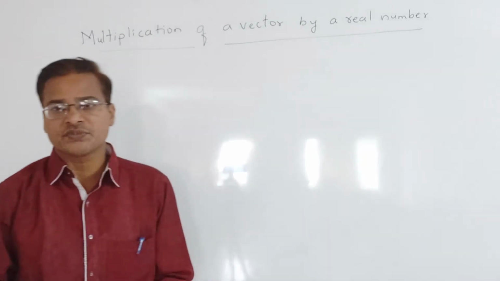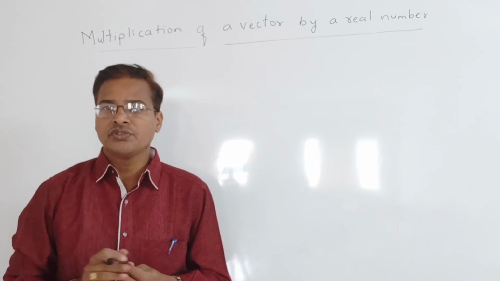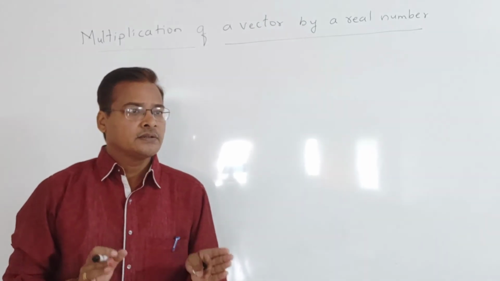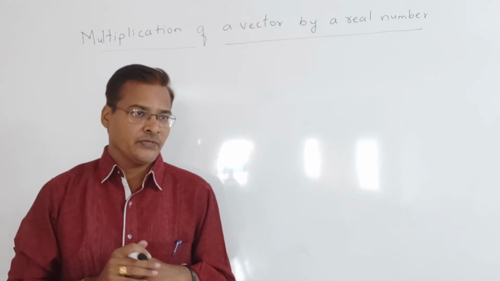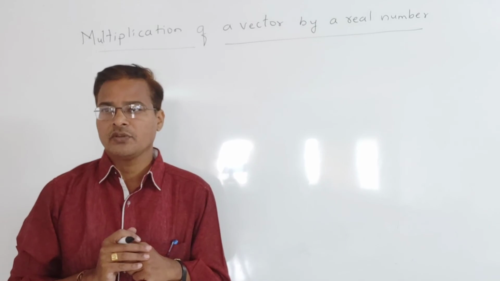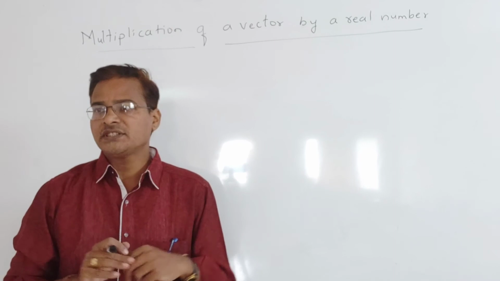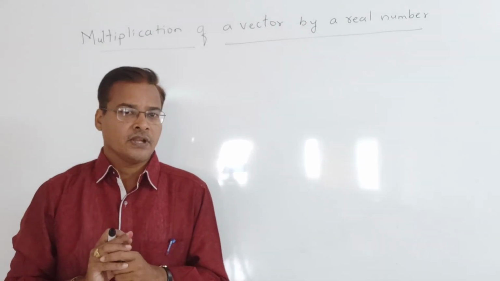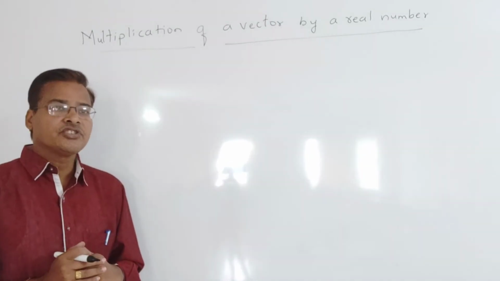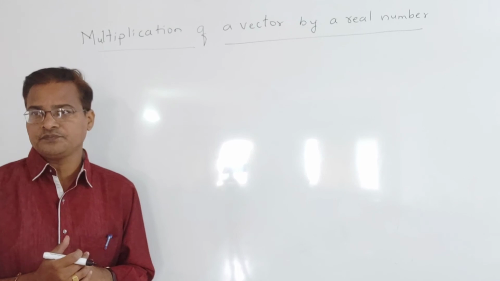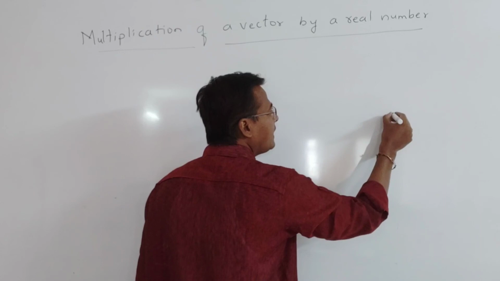So you know what real numbers mean. What do you know about the real number? Real numbers have one, positive, negative and zero, and rational and irrational numbers also we have taken in that. That means we are going to call them the real numbers. So if I take that number and multiply it with a vector, the resultant vector is what we get. For example, this is the A vector.